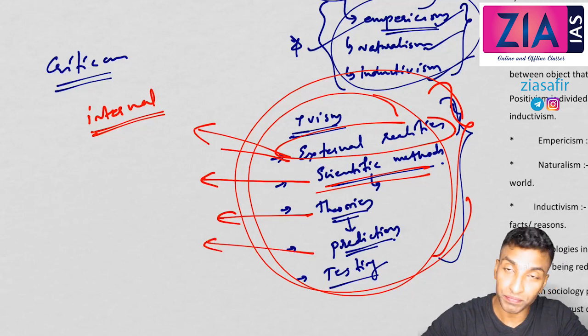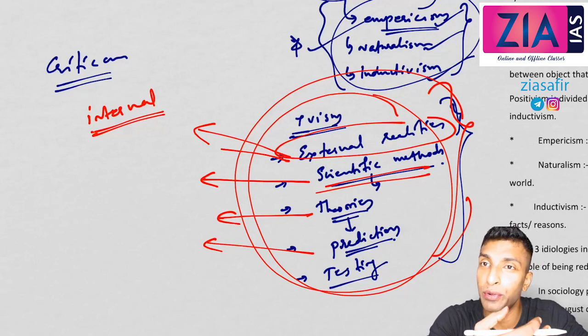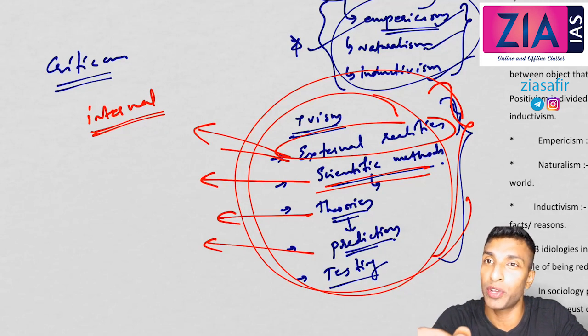Then prediction. See, prediction in sociology is a distinct reality. You're dealing with human beings, never even think of prediction. Better try to explain the problem only. That's the maximum you can do in the case of sociology and with individuals. You can never predict what is going to happen with the individual, and you can never predict the behavior of an individual. So prediction in sociology is a distinct reality.